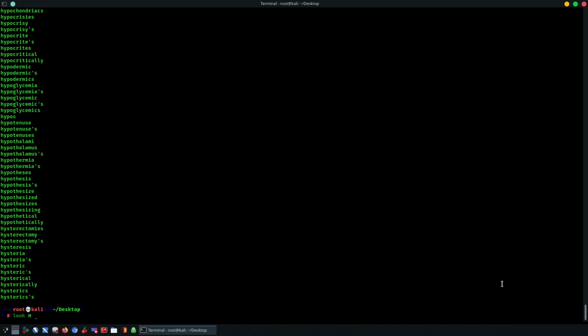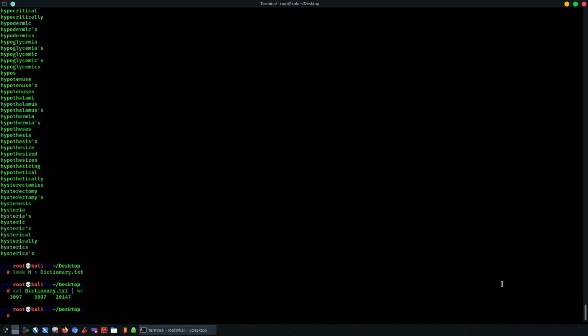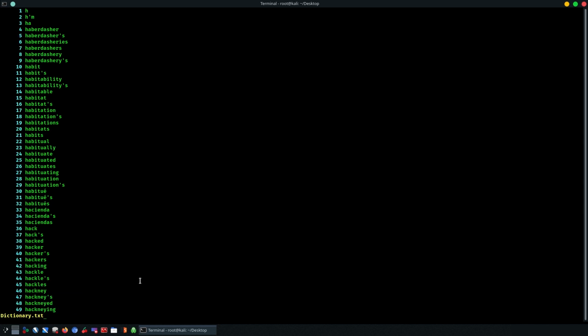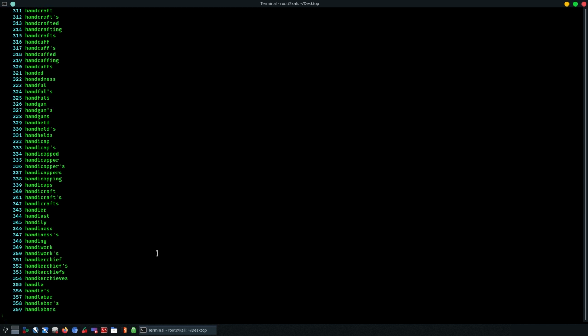This is very useful, and you can also save these results in a specific way by giving the redirect symbol and then the name dictionary.txt in order to copy the values from the specific string that we gave it, which was the H sign. So this has saved the results, and if you get the result and pipe it with wc in order to create a word count, you can notice that it has saved 3097 words from the specific example that we did. And now you can use less in order to check with -n how many numbers there are, numbering each one